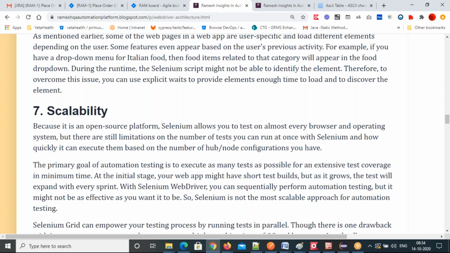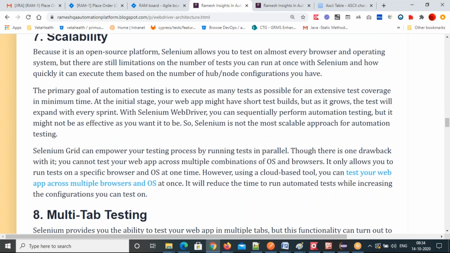Sprint on sprint, your test cases are increasing. In such cases, you should have parallel execution. So Selenium Grid can empower your automation test cases to run in parallel, and you can also run your test cases on different browser and operating system combinations. You can achieve this scalability with Selenium Grid.